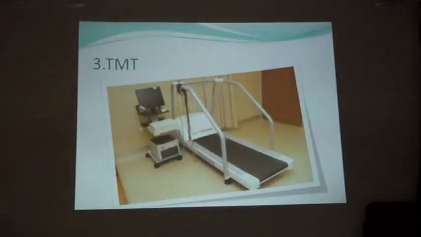ECG can be basal ECG, normal, or exercise ECG, or 24-hour ECG. There are three forms of ECG generally utilized in clinical practice. One is the basal ECG, second is the exercise ECG. Exercise ECG is basically your TMT, treadmill test. Even ergometry was done, and in earlier days DMT, double master test, was done. So all are exercise ECG.